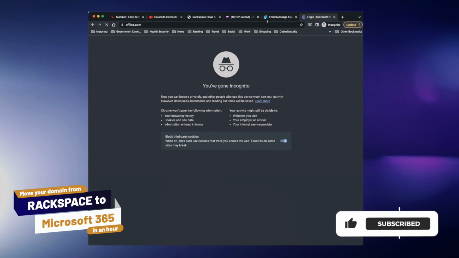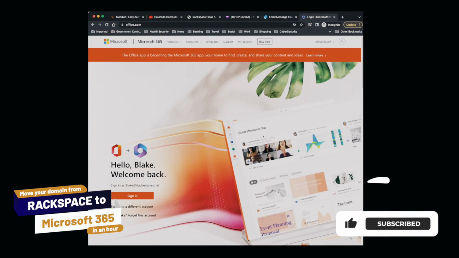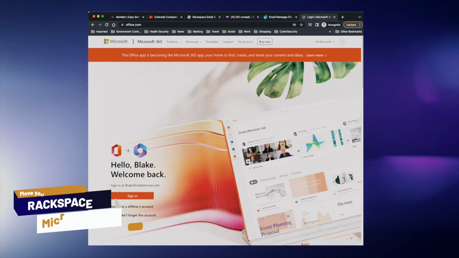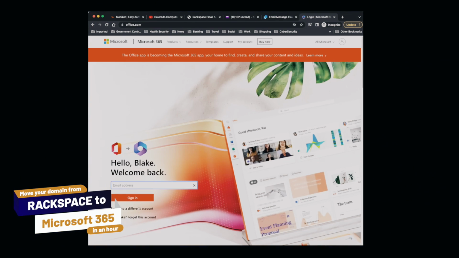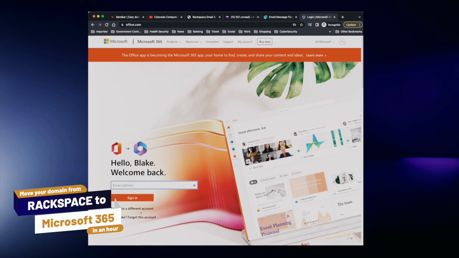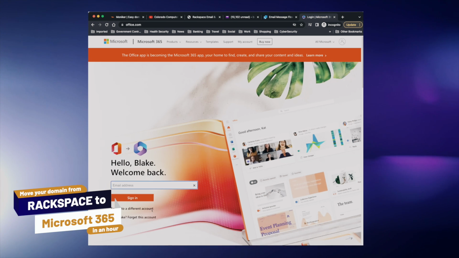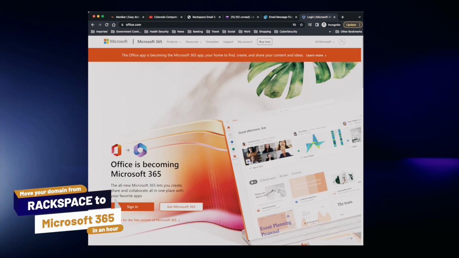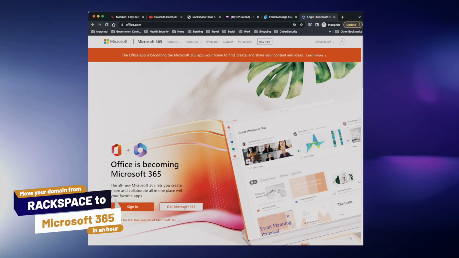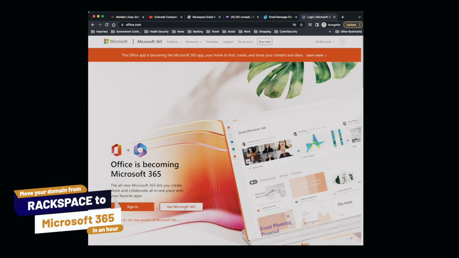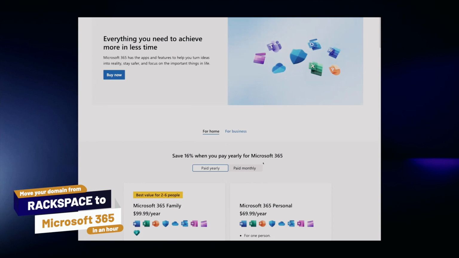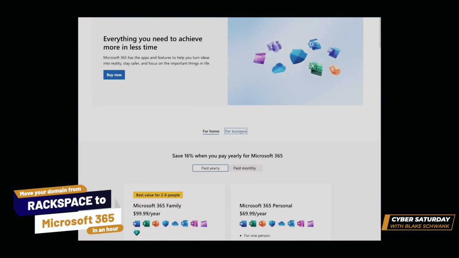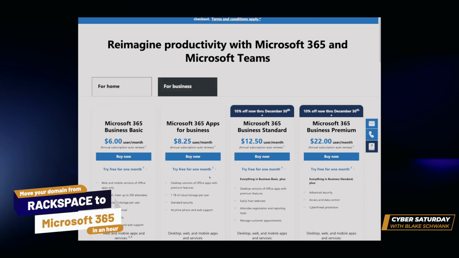Office.com. Okay, and it says, do I want to sign in as Blake? No, I want to switch to a different account. Okay. And actually, I'm going to forget this account down here. All right. So now I'm going to click on Get Microsoft 365. This is step one. And if I go over here and I click on For Business, it's going to bring